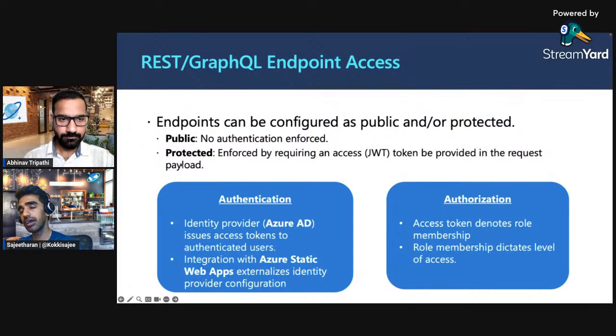And then if you want to have it protected, this is the typical scenario. We are enforcing that by JWT token provided by the authentication providers such as AAD, and we also support Azure Static Web Apps. So the user has to create the roles on Azure AAD, and then based on the claims that we get from the JWT token, we will validate the token and get the claims. And if the roles provided in the claims match what we have on the token, then we will provide access to that user.